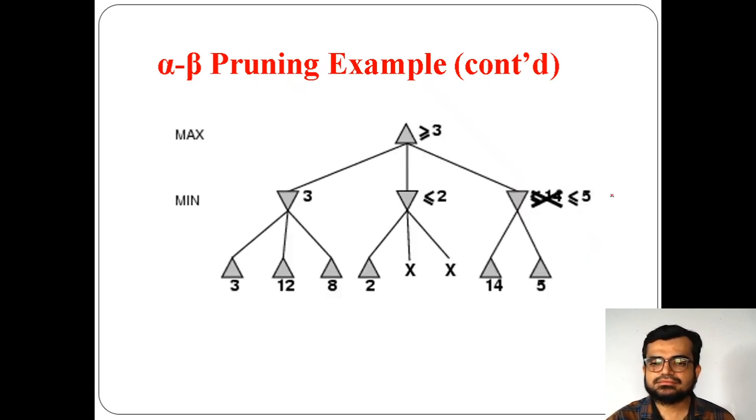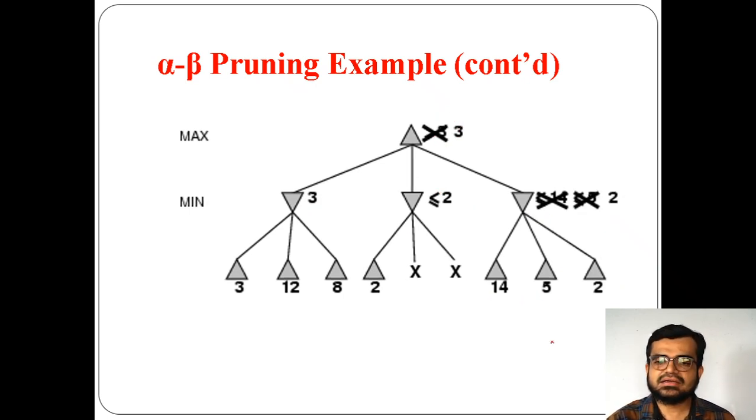Now again you can see 5 we have taken. Earlier we have taken 14, now we have taken 5. So as I have taken 5, which is the minimum value among 14 and 5? 5 only. So I am taking 5 here. That's why it will accept the value either 5 or less than 5. And if you compare 3, 2 and 5, which is the maximum value? The 5. That's why it will be accepting either 3 or greater than 3. That means 5 will be updated, but still we have to visit here. After visiting, we need to update finally.